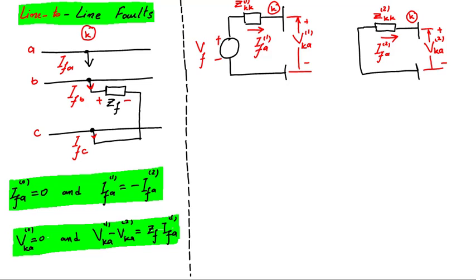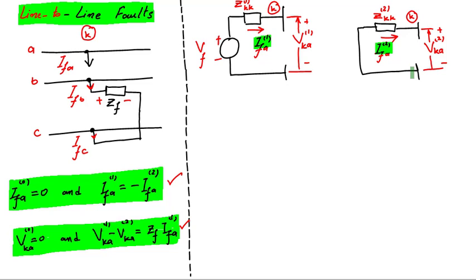Now how to connect these two circuits with each other in order to satisfy these two equations? The current characteristic equation in terms of sequence components and the voltage characteristic equation in terms of sequence components. If we look at the current characteristic equation, we can see the positive sequence IFA is equal to minus IFA negative sequence. Here is the positive sequence current and here we have the negative sequence current. In order to satisfy this condition, we will have to connect these two sequence circuits in parallel. So K point is connected with the K bus and reference with the reference. In that way, these two currents will be directed opposite to each other.